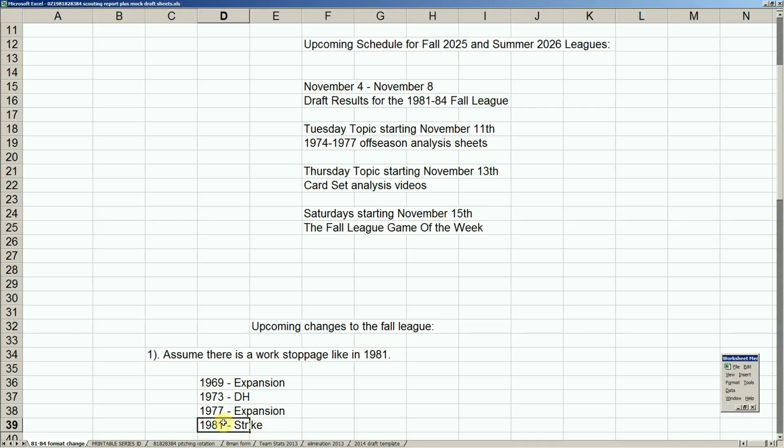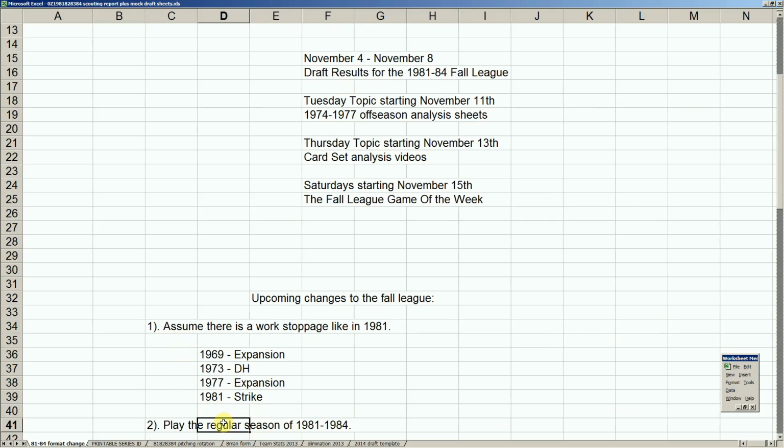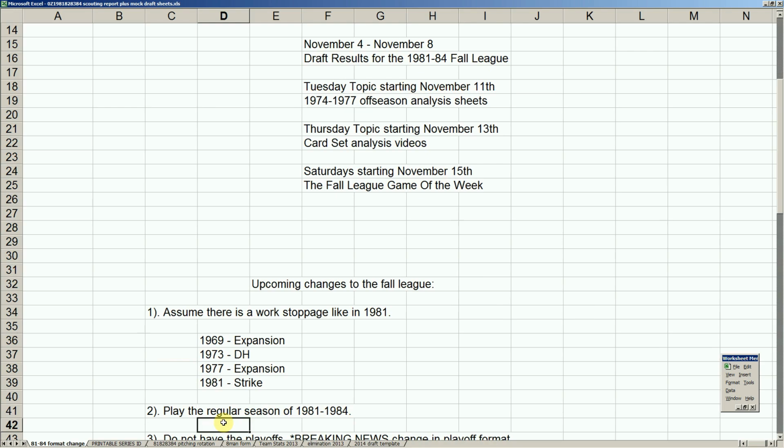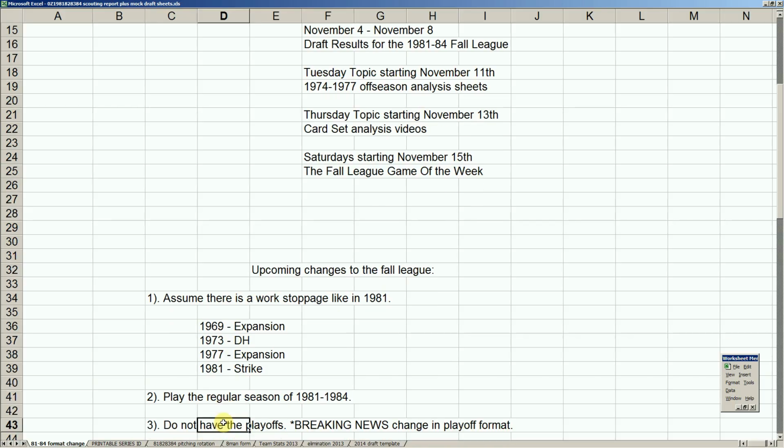So, with that in mind, this is my plan for the Fall League. I'm going to play a regular season like I normally do. It's the 81-84 season, Fall League, that you've normally seen. Now, in here,